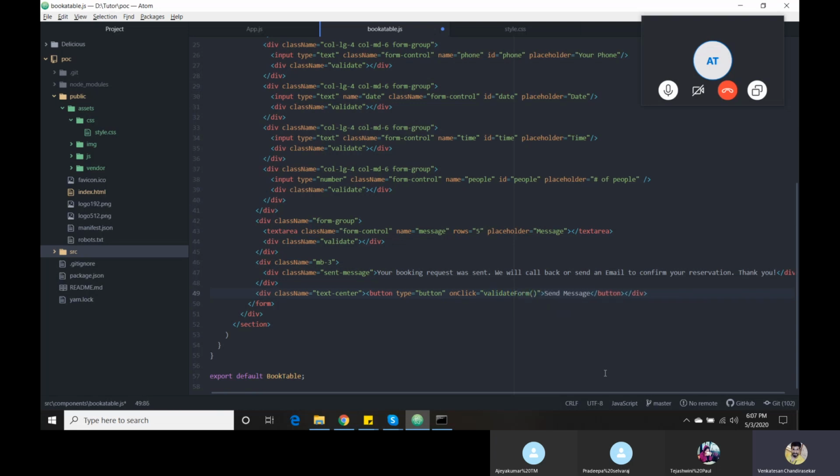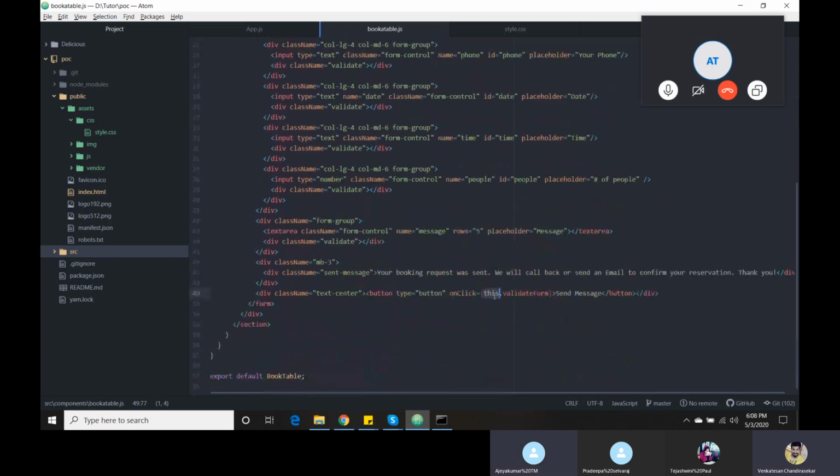validateForm is a function. This is the way we commonly use it in HTML, but in React, as I said, we need to use some React features like this dot. I will tell you the reason why I need to use that this, and in validateForm we don't need a function. Normally we know what is the use of this.